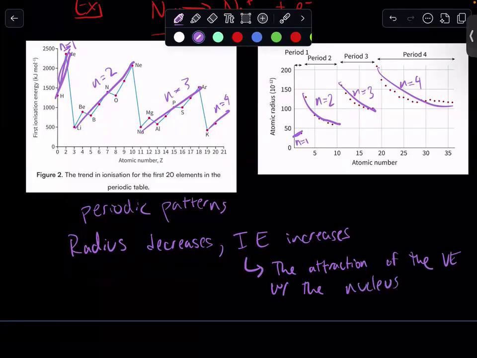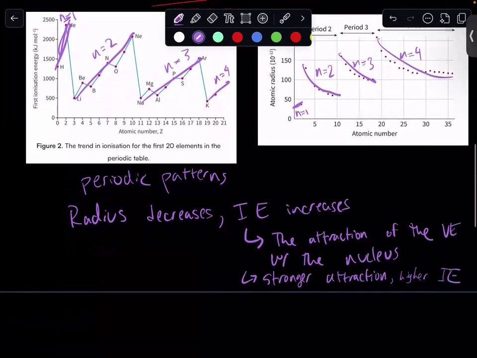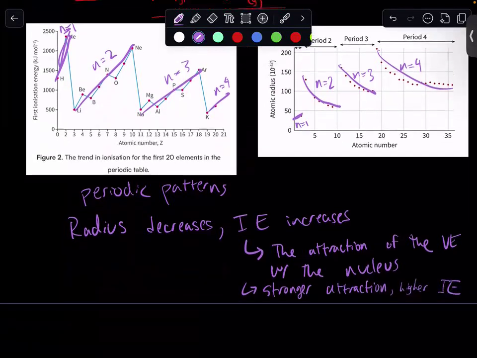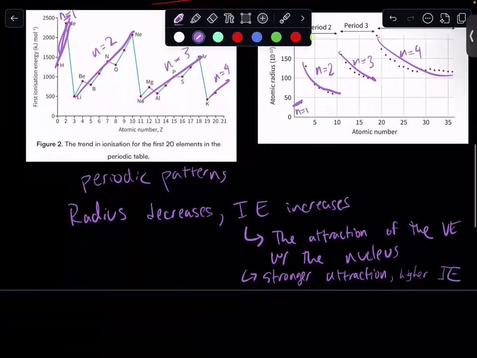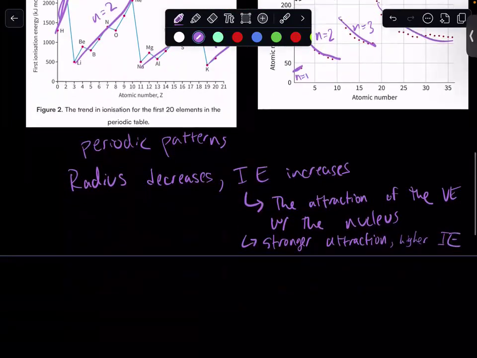And generally a stronger attraction means a higher ionization energy, meaning it requires more energy to separate two things that are stronger together. Now, why might that be? This is where all these trends are going to come down to. It comes down to electrostatic interactions,